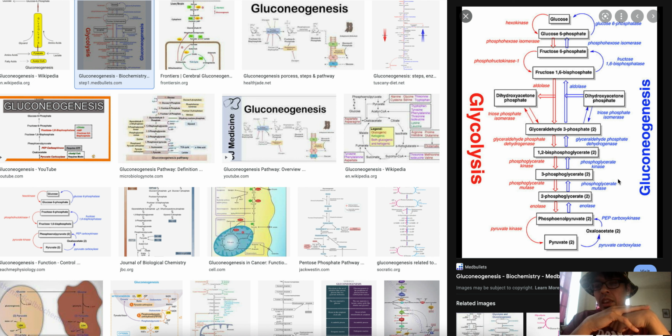Today I'm going to try to go through the first of the non-committed steps, or first of the irreversible steps, all the way on the bottom where we have pyruvate, and I'm only going to go through half of that first step because that first step actually consists of 2 sub-steps. So I'm going to go over the first sub-step of that reaction, and the reason why is